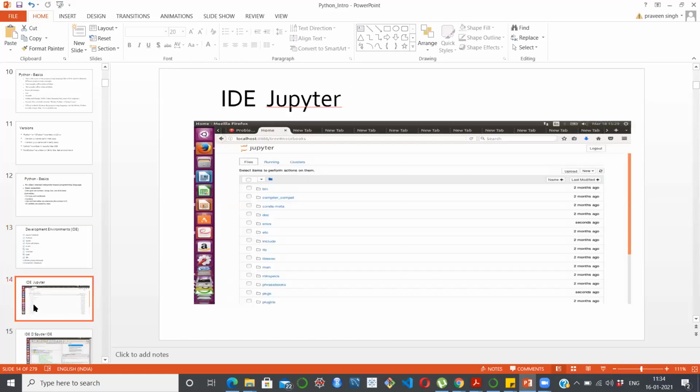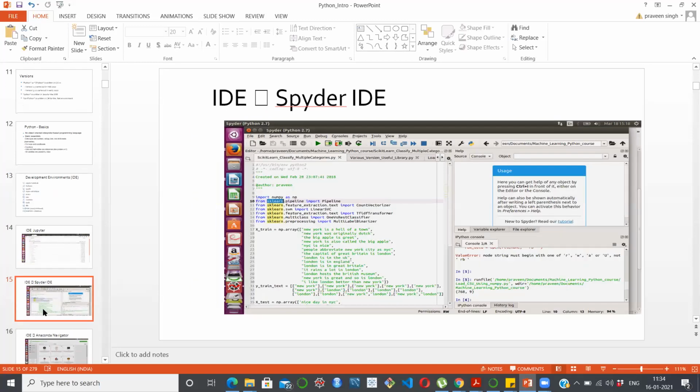Apart from that, as I said, Jupyter generally looks like this, where all the files are mentioned, like running and clusters. Okay, here the files have been mentioned. Spyder looks like this.